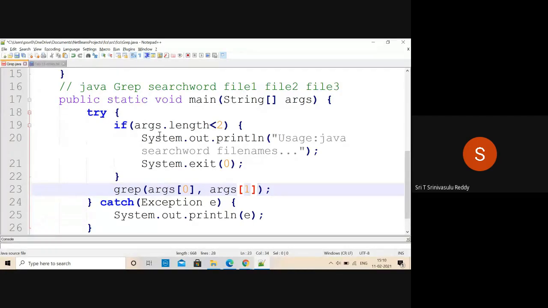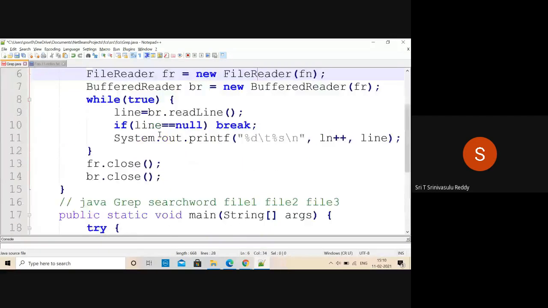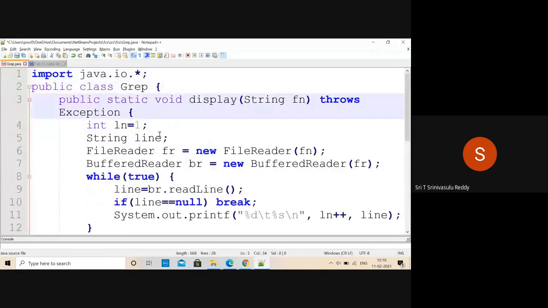Args of 1 is the actual file where you want to search and then display those lines that match. So grep of args of 0, args of 1. Now we have to build the grep method, where the first parameter is the word that you want to search, and the second parameter is the file name. Now you will go back to the beginning of this.